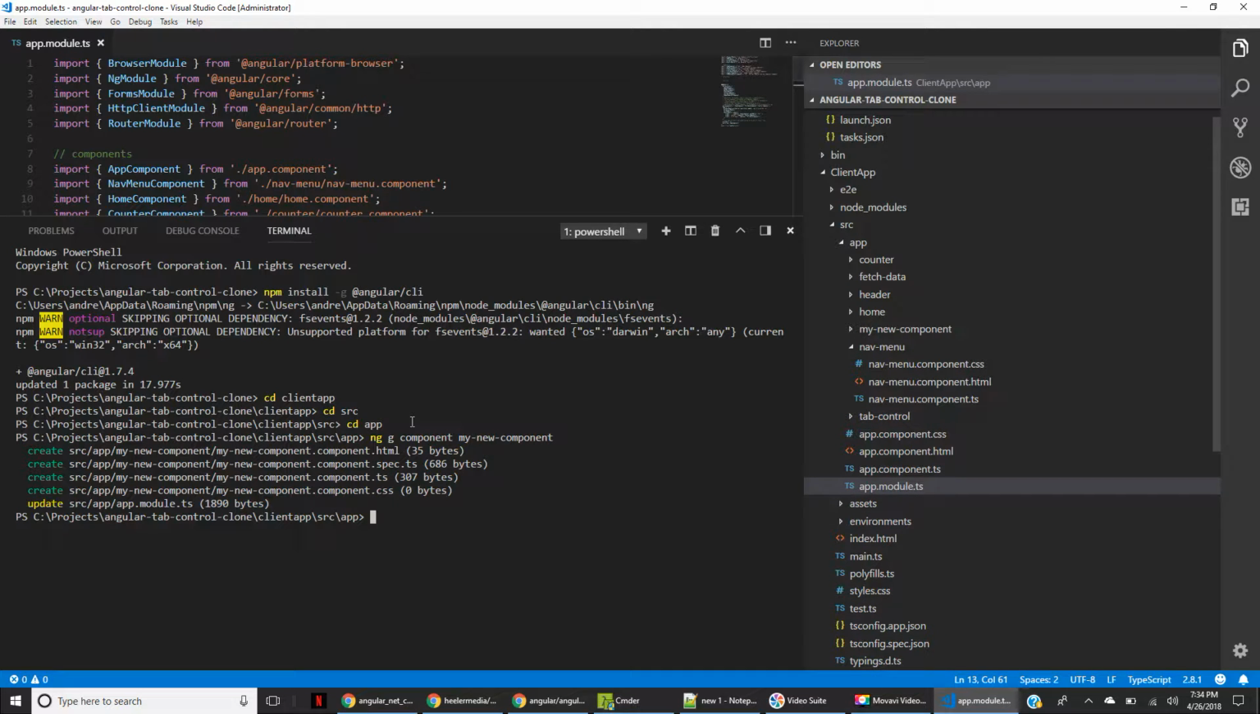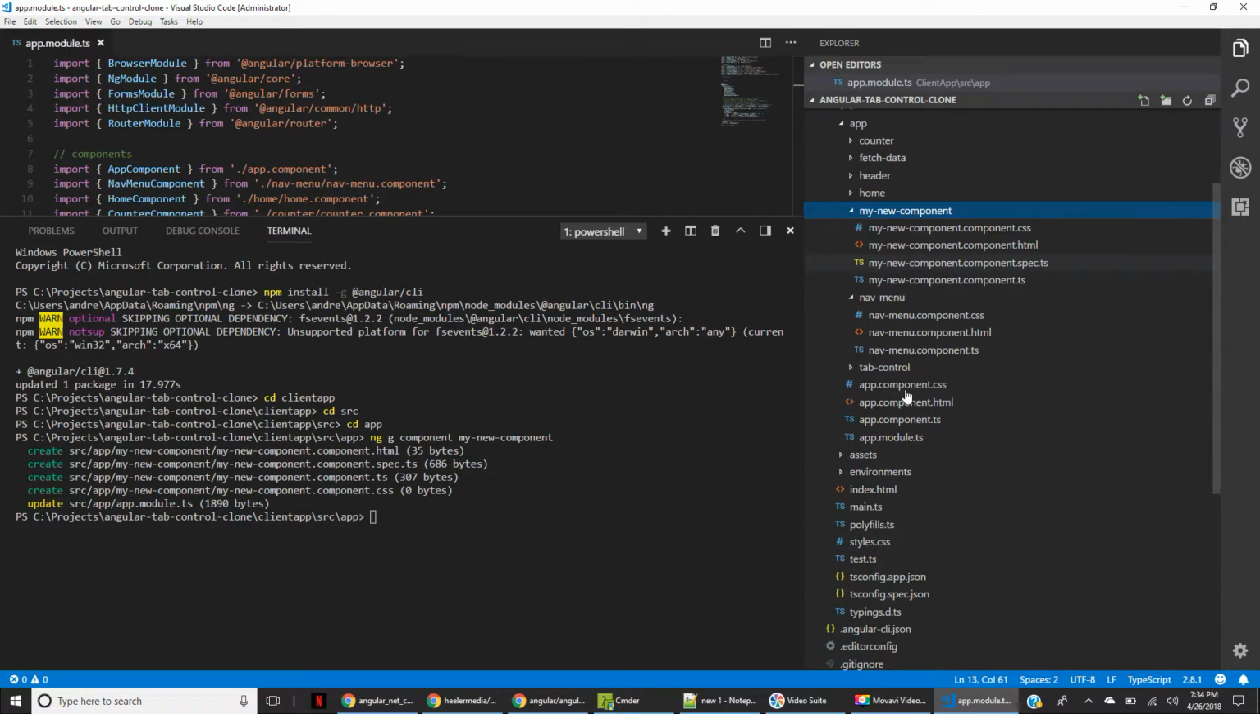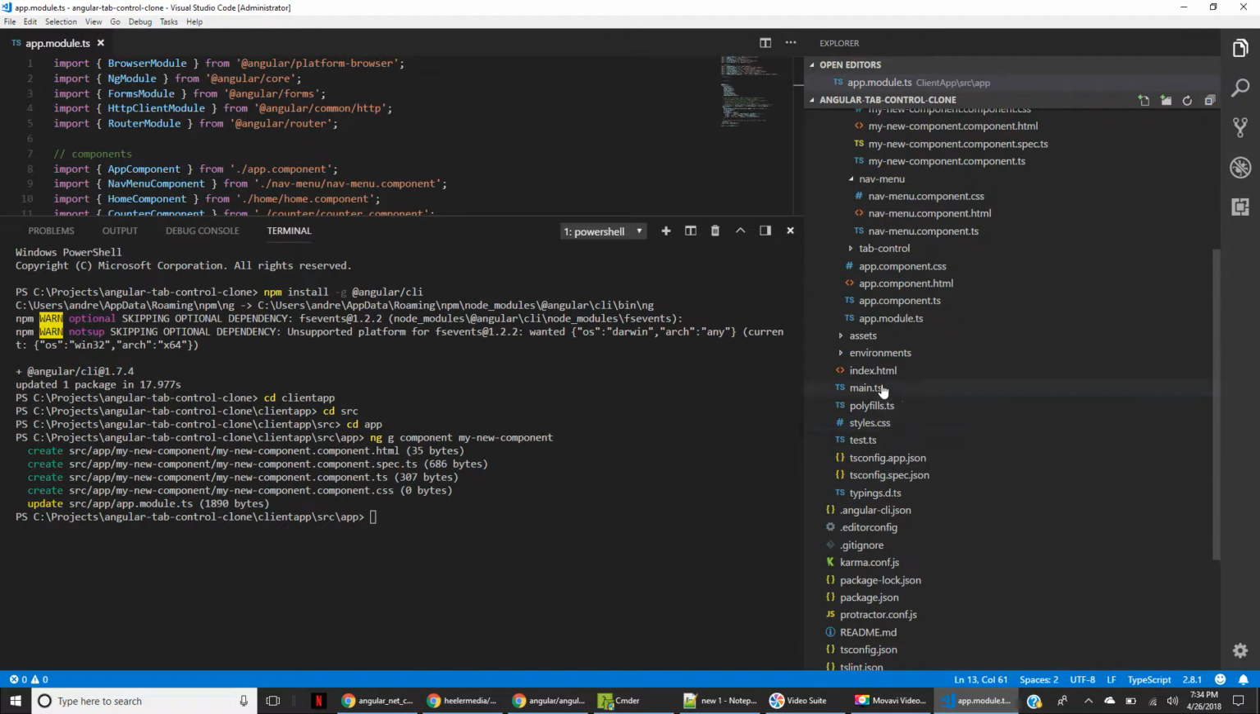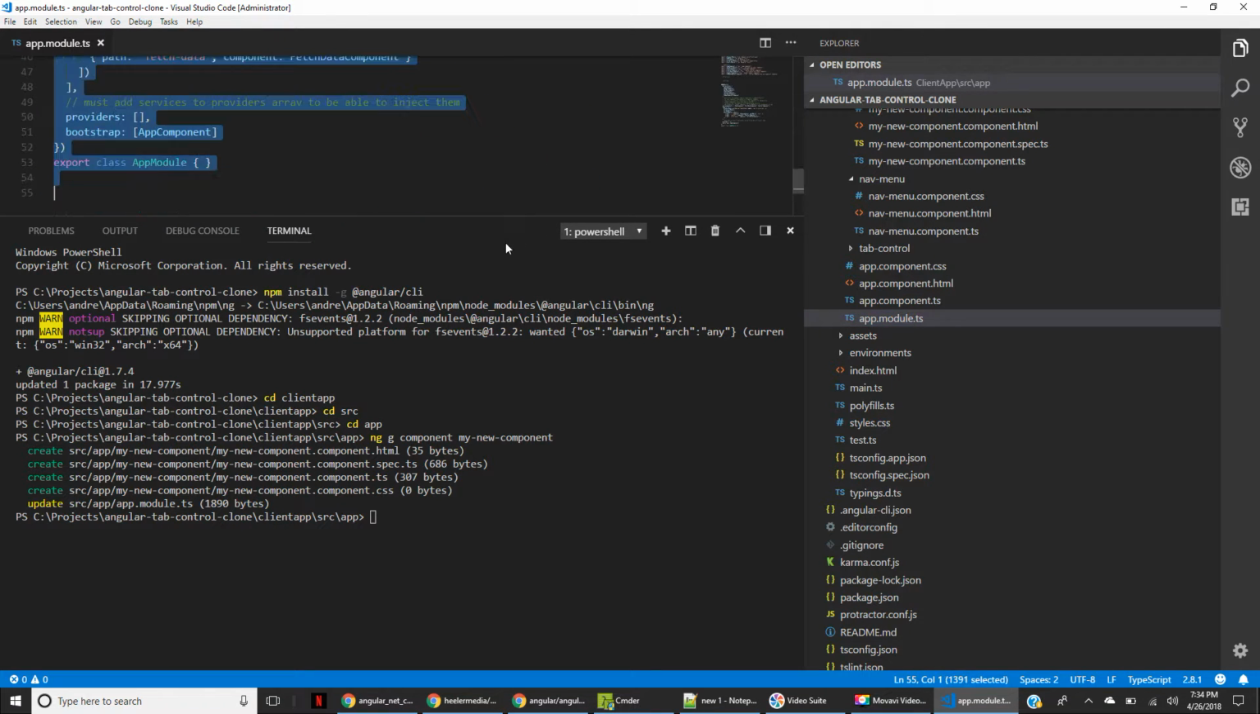And what that's going to do is it's going to scaffold out component.html, component.spec.ts, component.ts, and component.css. And it registered the component in app.module.ts, as we can see